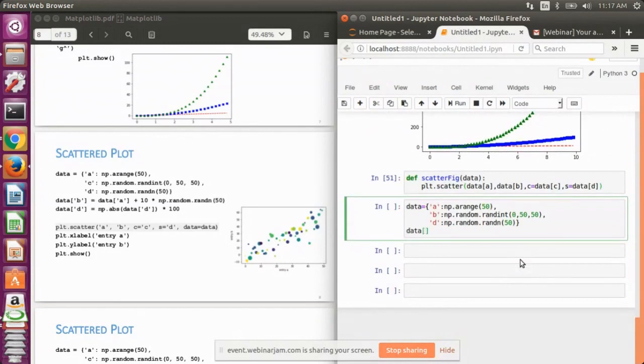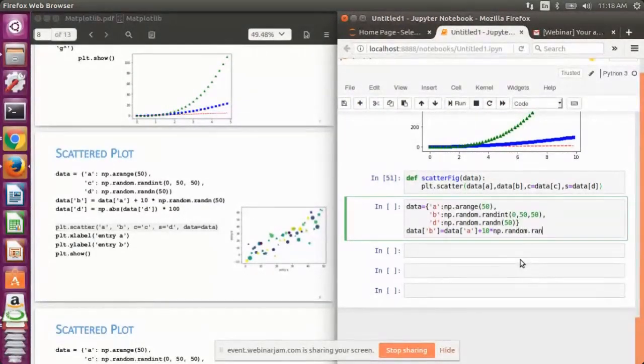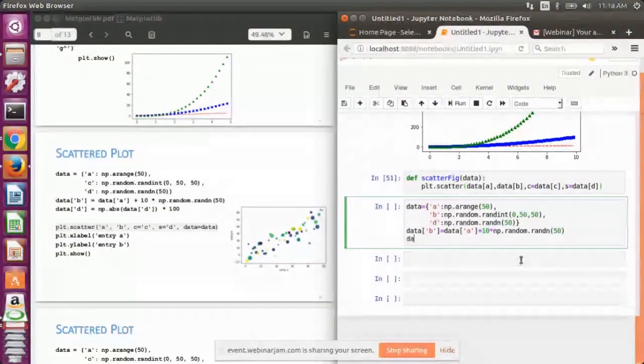Now let's manipulate the values of our dictionary, that is the values in B correspond to 10 times np.random.rand(50).